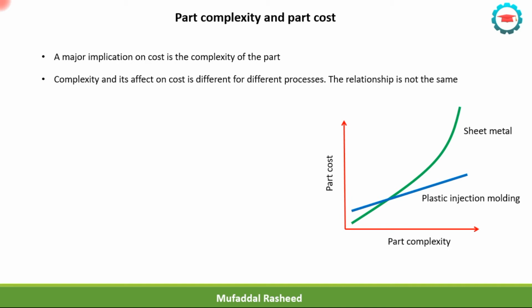But when we increase the complexity of the part, let's say by adding a stamped profile or a drawn profile to the sheet metal or increasing the sheet metal thickness, in that case, the price of sheet metal will increase very drastically as compared to that of injection molding. So for injection molding, the part cost may increase in a linear fashion, but for sheet metal, it might tend towards exponential growth of cost. So any increase in sheet metal complexity will add majorly to the overall cost of the part, and any increase in the injection molding part complexity will not add that much. That is the meaning of this graph.